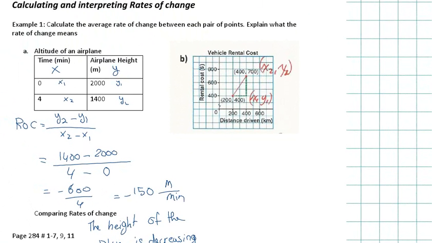So this is another graph, and this one is for the vehicle rental cost. I have the rental cost on the y-axis, and I have the distance driven on the x-axis. Again, I'm trying to find the slope, or the rate of change. So the formula is